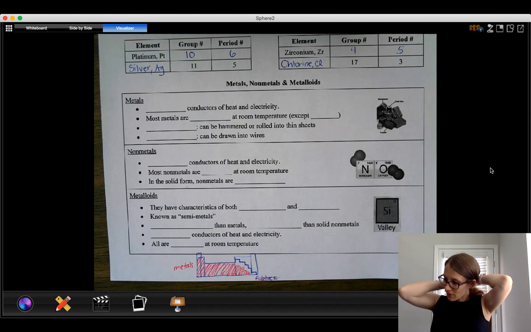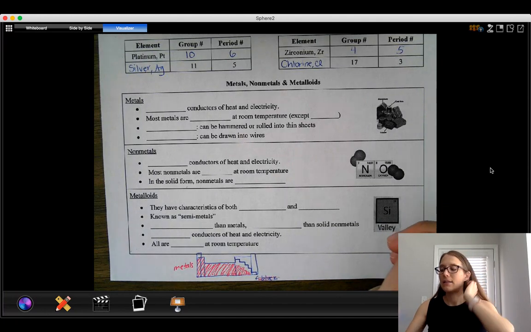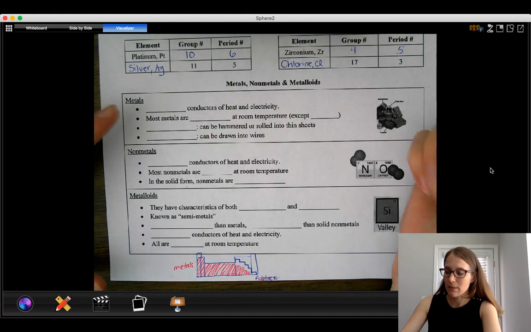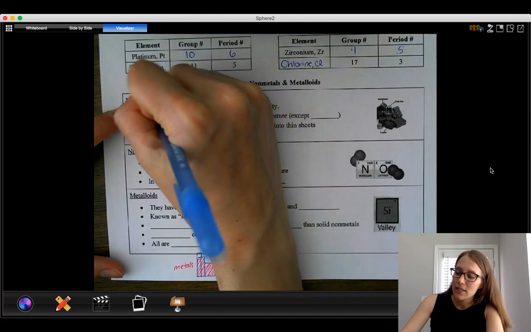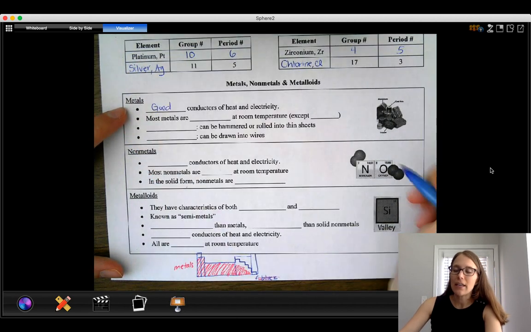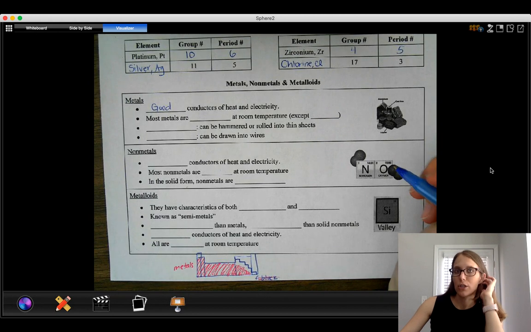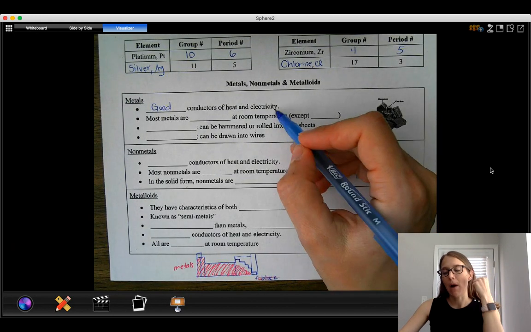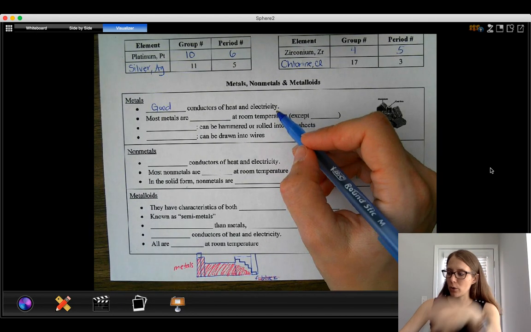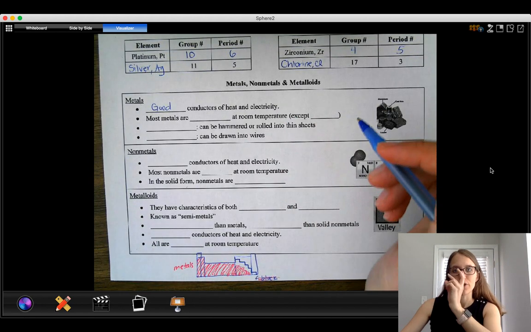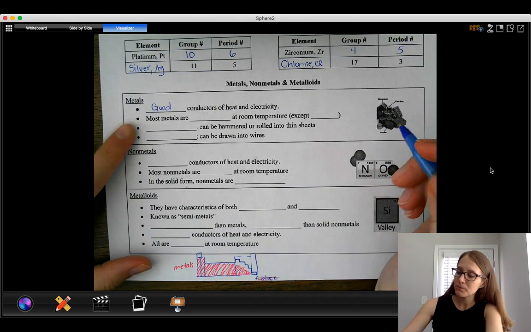So in terms of what that means or what that tells us, metals have some properties that are similar for all metals. The first thing is that they're good conductors of heat and electricity. That's why we use metals to make frying pans. We don't use oxygen. And we use wire for any kind of electrical work. So when you're plugging in your cell phone, those are little metal prongs that you're using.